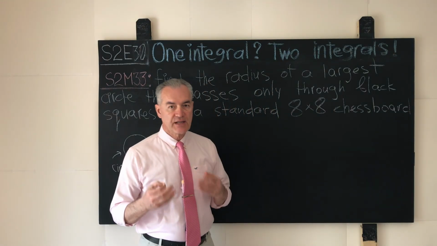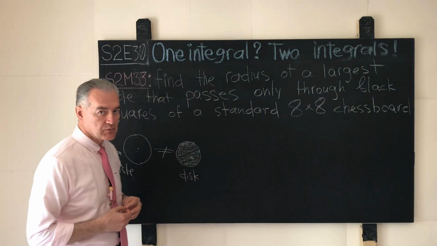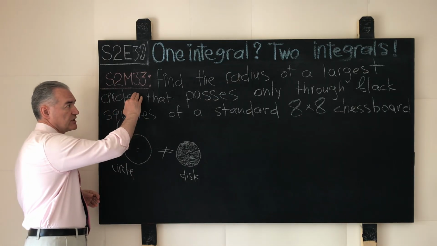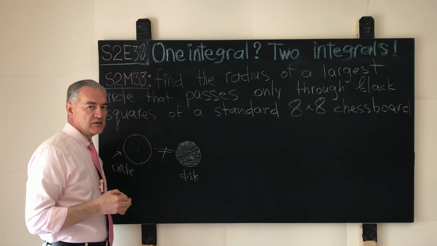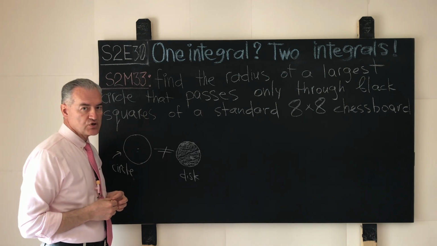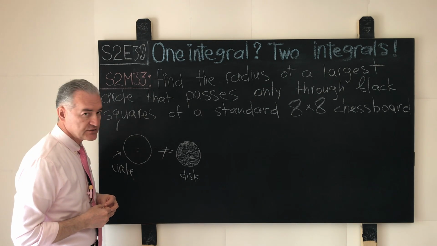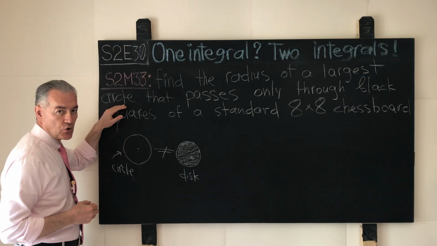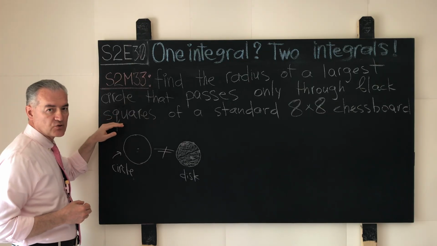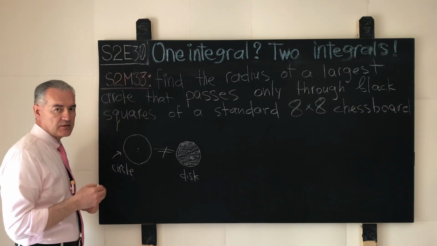But our next challenge will be a mathematical problem S2E30, and the objective of that problem is precisely to use the eliminate and conquer problem-solving approach and to find the radius of a largest circle that passes only through the black squares of a standard 8 by 8